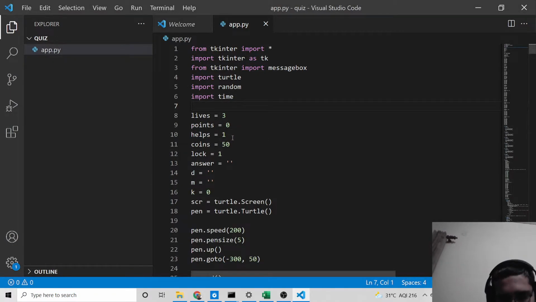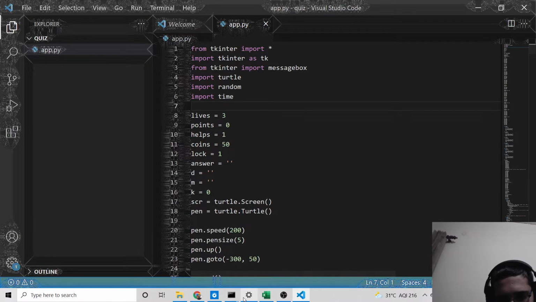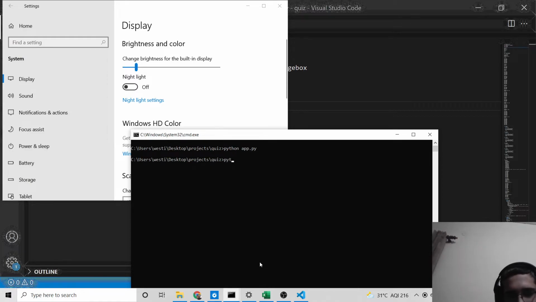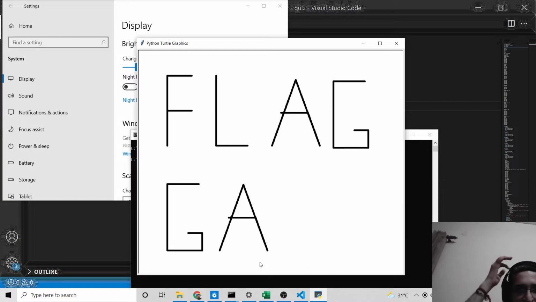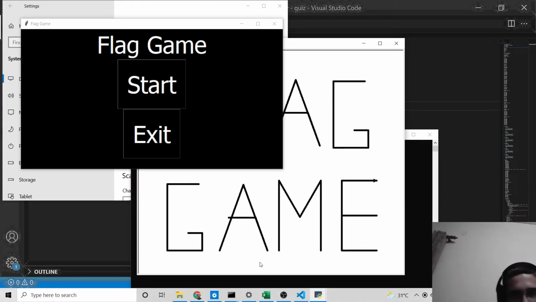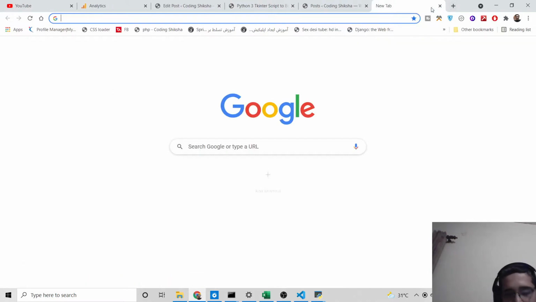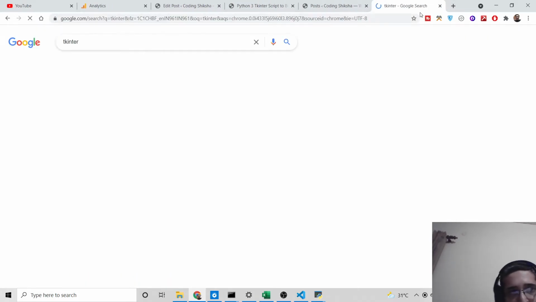It is built using the Tkinter framework for graphical user interface. Whatever interface you are seeing here, we are generating through the Tkinter library, and for the graphics we are using the Turtle library. All these graphics are made through the Turtle library. If you search on Google, first search Tkinter.